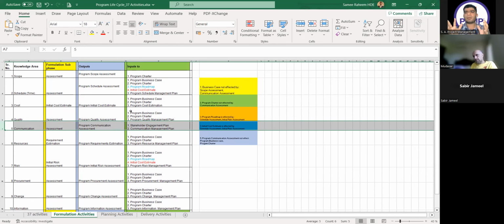Okay, this is the output. Principally, I am in the formulation phase, so I am making the charter, business case, and the roadmap and estimates. These will be affected by the outputs. Okay, and in the formulation phase, one more thing is I am identifying the risk, which will be the risk register also in the formulation phase, and also I will get the stakeholder register coming from the